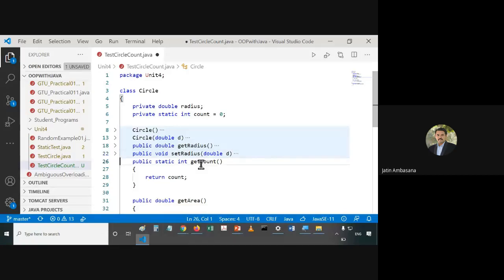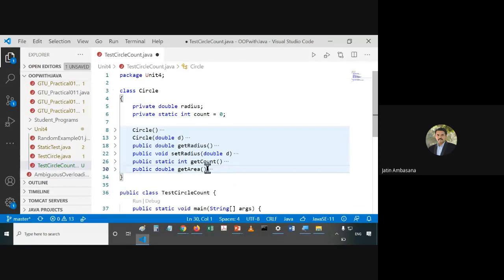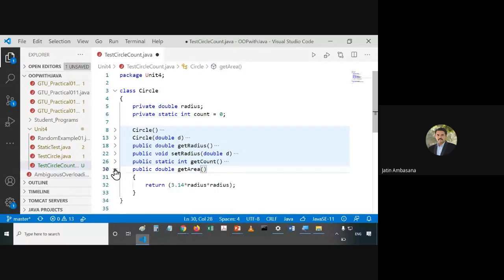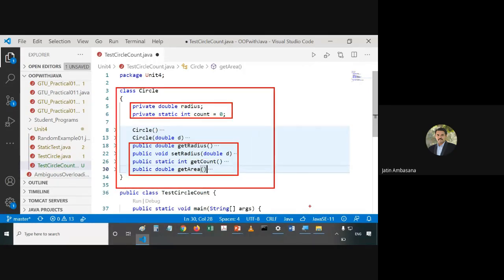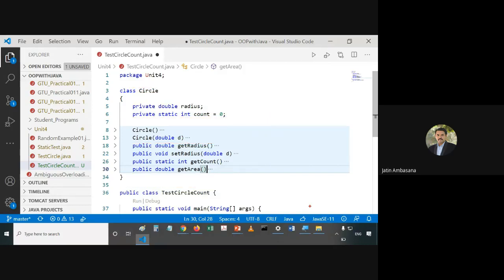Then we also have this getCount method and this getArea method. You can see all the methods are public and the variables are private, and this is class Circle. Now we have defined the class Circle successfully.